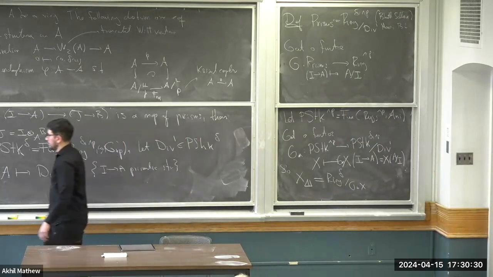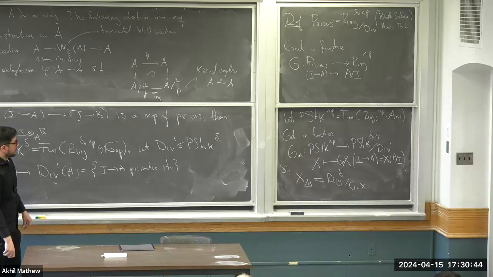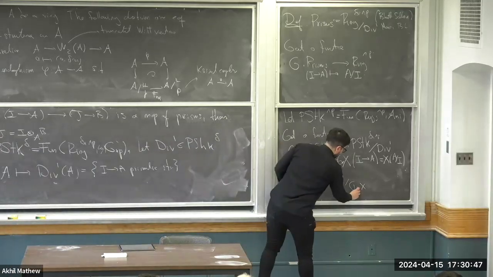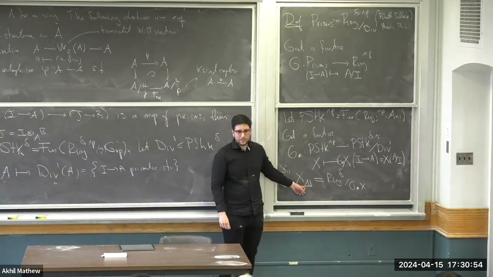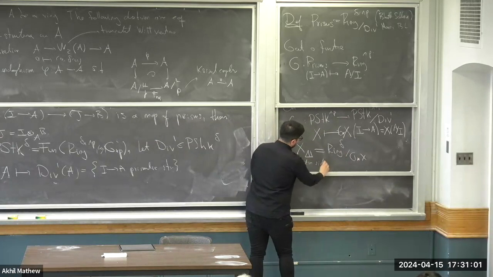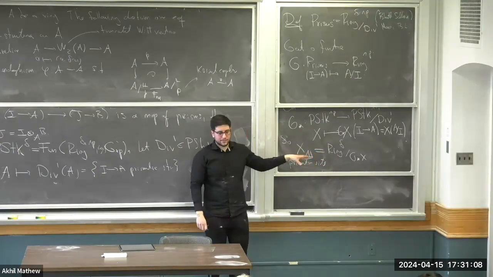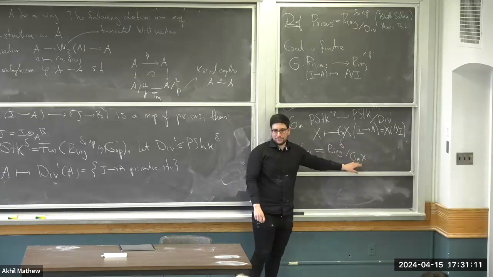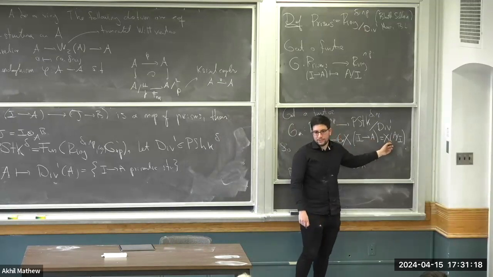So now, next. Yes. That's great. Yes. So this one is the input side. I was saying that this data of the prismatic site is essentially the same as making a delta ring, which will give you a delta ring with some fixed structure, and just a point is a